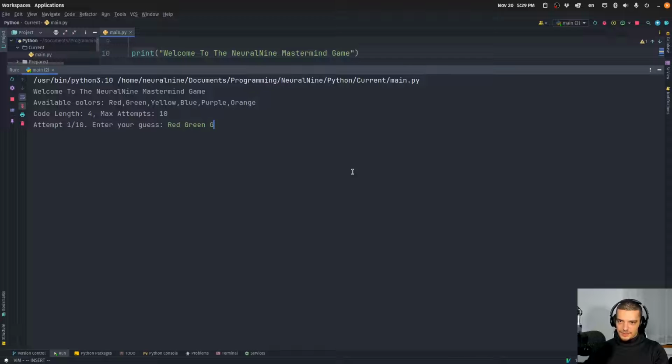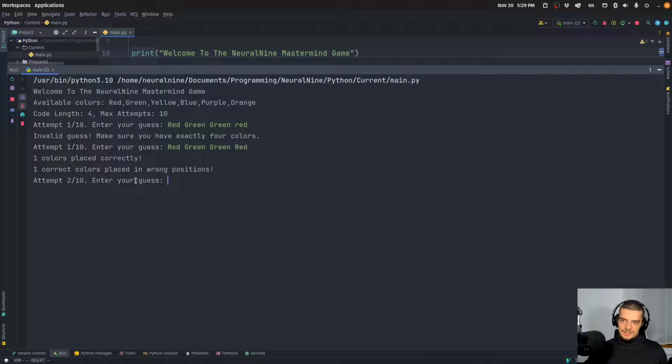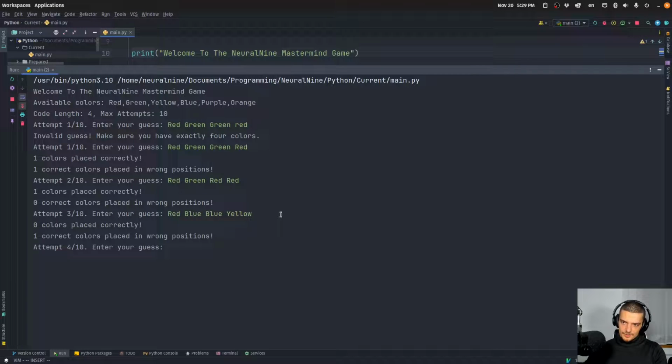Let's go with red, green, green, red. Oh, actually, I mistyped. Red, green, green, red, like this. One is placed correctly, one is placed in the wrong position. So let's go with red, green, red, red. Let's see what happens here. Okay, one color is still placed correctly, which probably should be red, shouldn't it? I don't know. Let's go with blue, blue, yellow. Okay, no, red was not correct, so maybe actually it should be green, I guess, right? So it should be maybe blue,